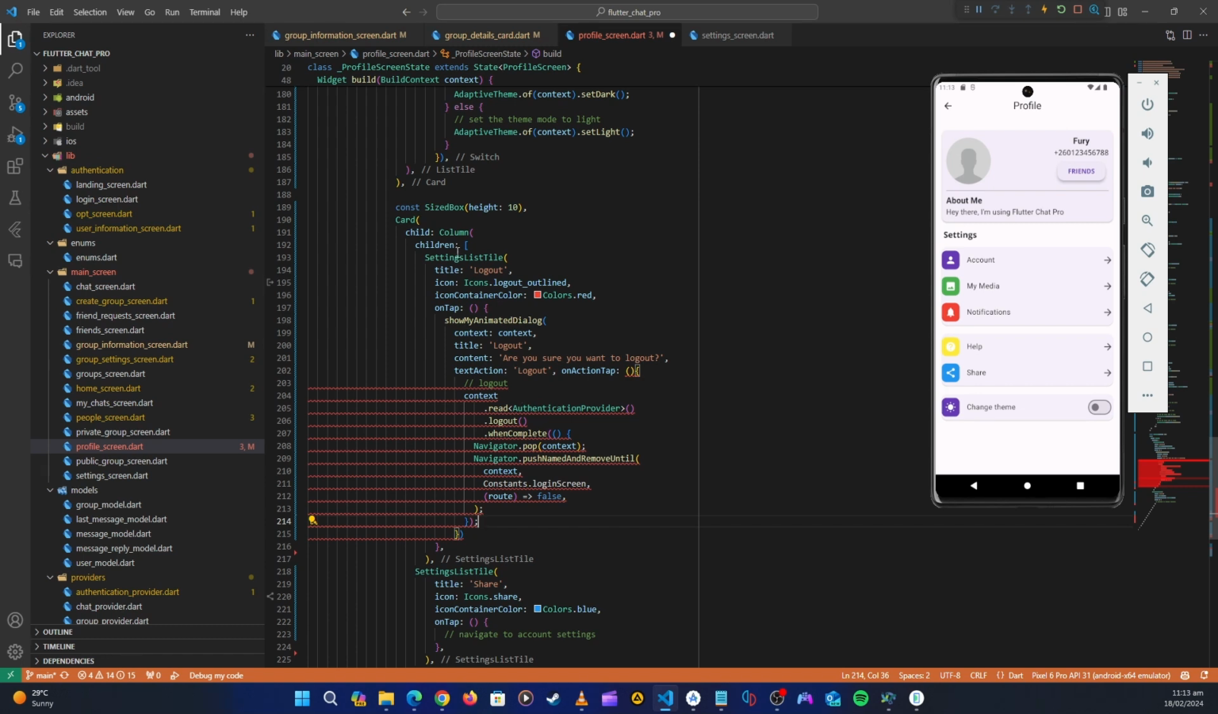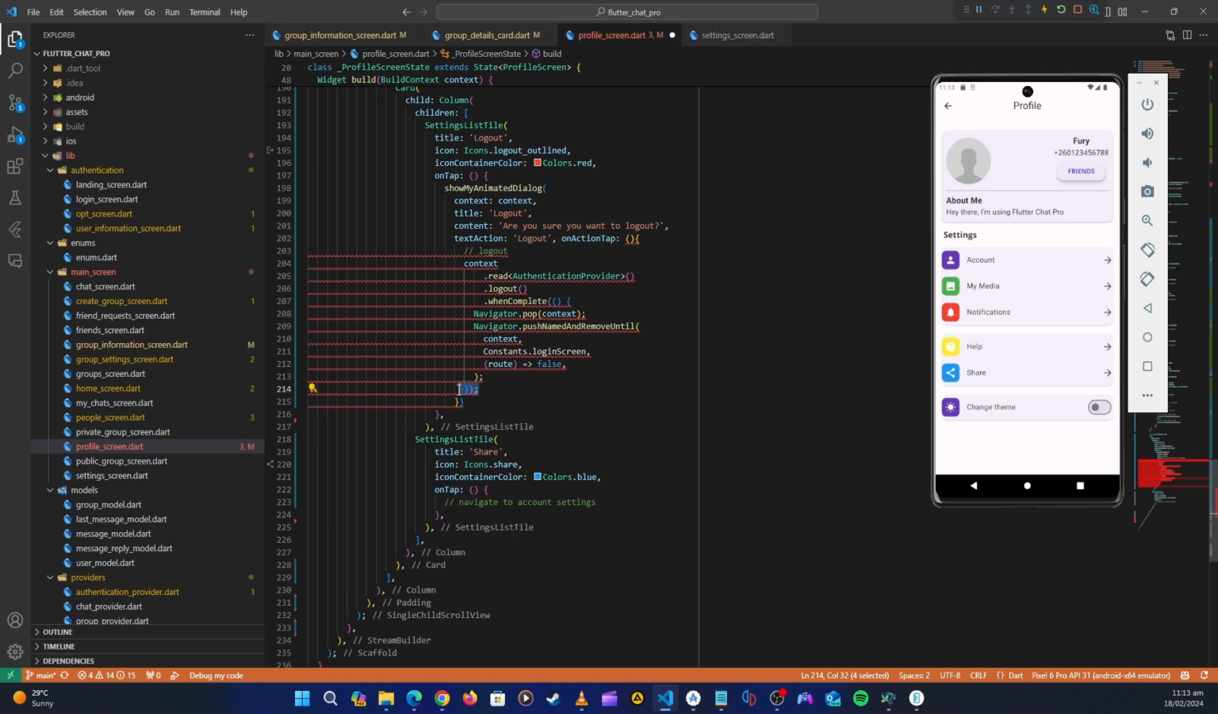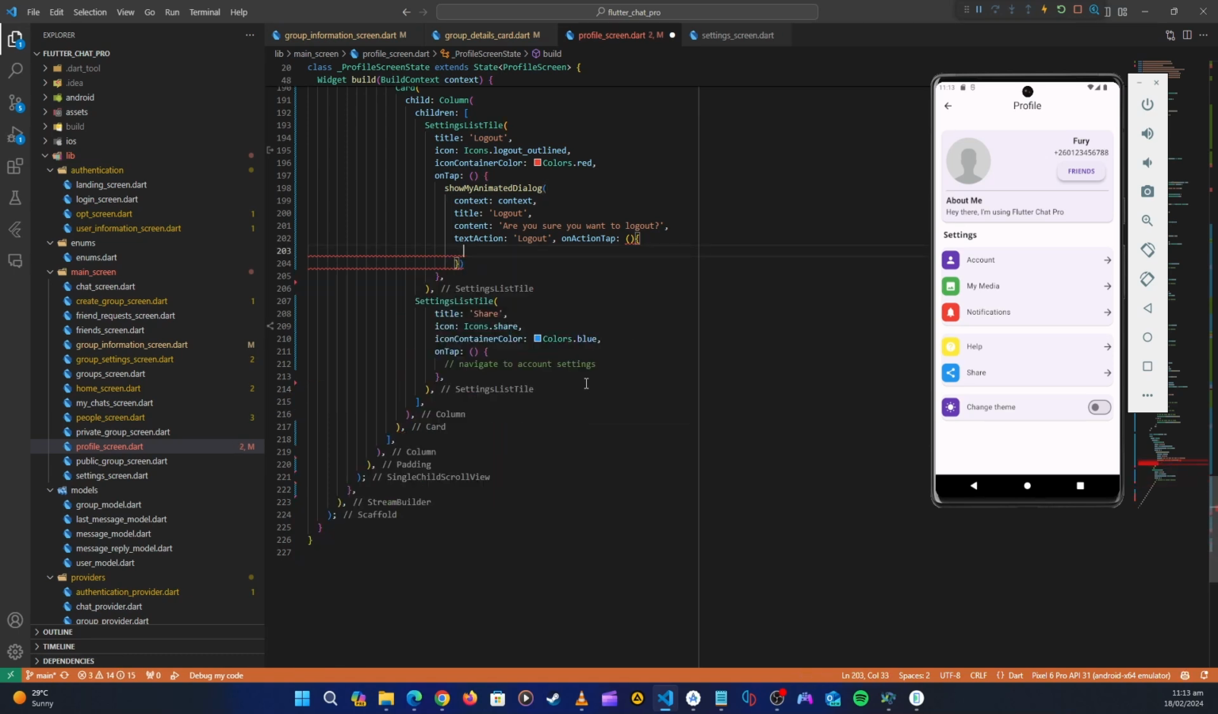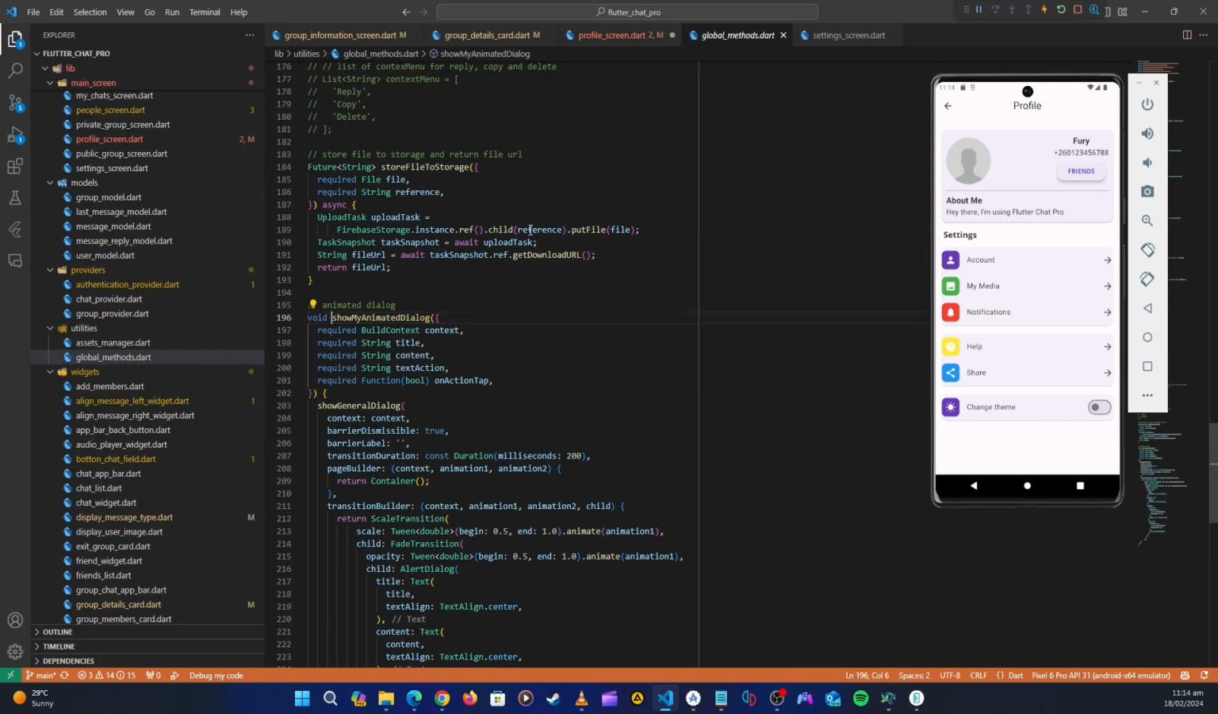So why are we getting these errors? Did we call anything constant here? I think it's putting some extra. Okay, let me go back and just create this on my own. So the tap action, what is the problem here? Let's get inside our animated dialog. Okay, so